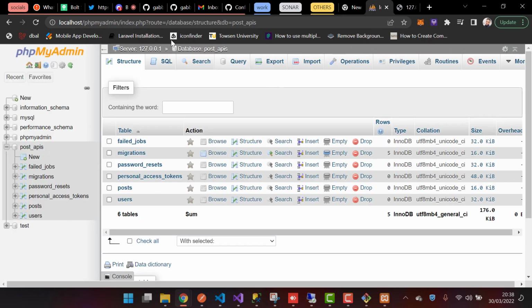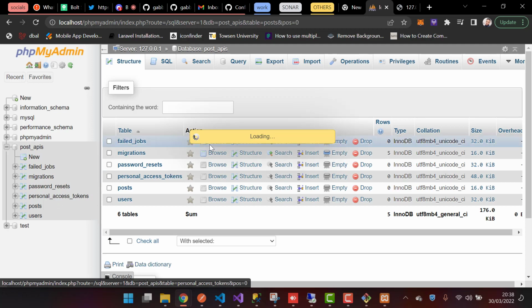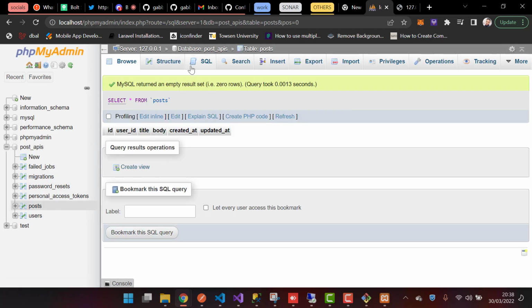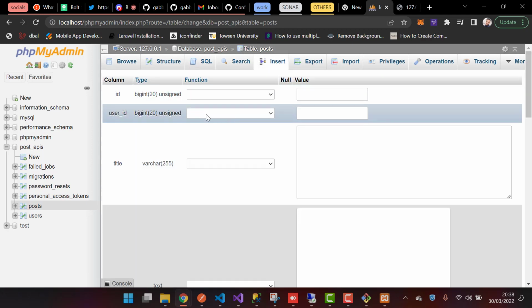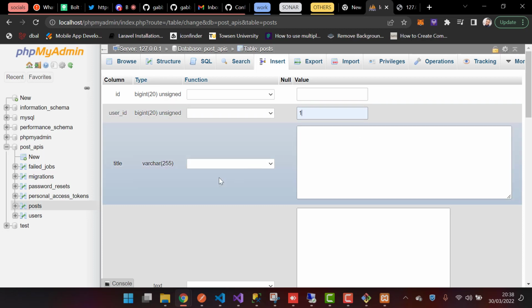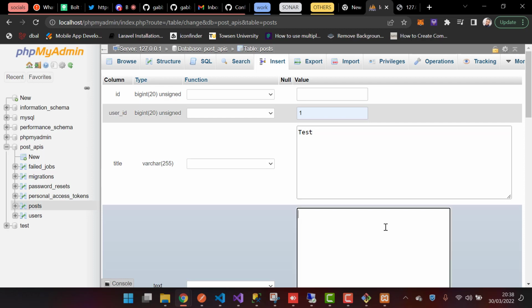Now let's add simple data. Open our post table. phpMyAdmin is simple. You can use it to insert values just for testing. Let's say our user ID here is 1, and then title is test, body is this is test,